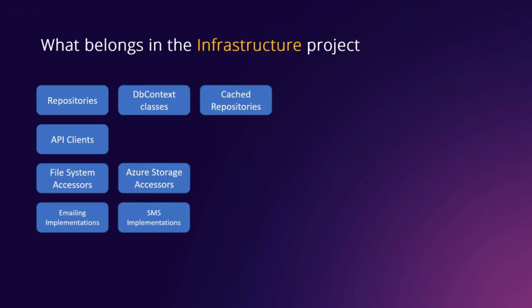If you need to send emails or SMS or other messages, that's all infrastructure. So you don't want to have hard-coded into your domain logic or in your web UI anything that says, hey, I'm going to talk to System.Net.Mail and use SMTP to send this email. Rather, you want to have an interface for sending email, and one or more implementations of that interface would live in infrastructure. Maybe when you're on localhost, you don't actually send emails and you have some fake version. But when you're in the cloud, you're going to use SendGrid or whatever it might be to actually send emails.